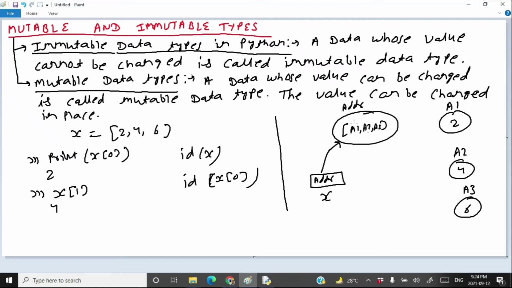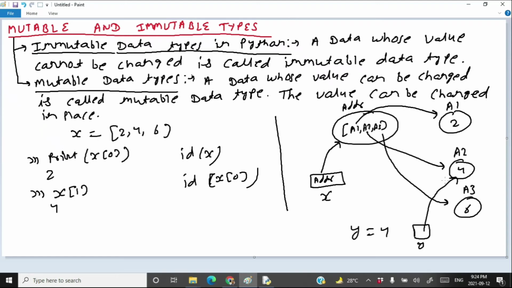That means effectively the first location of the list is pointing to A1, the second location is pointing to A2, and the third location is pointing to A3. It means if I write y is equal to 4, then y is going to point to A2, the same content pointed by the second element of the list. y is going to point to the same because both are 4.